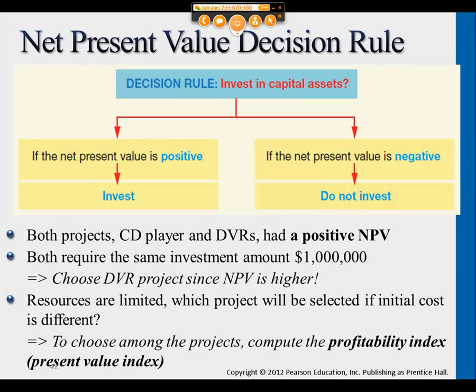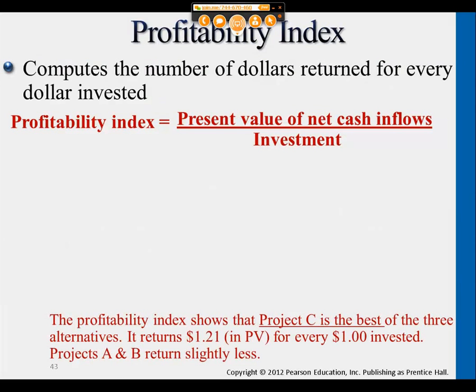So here we're going to learn how we calculate this profitability index that will tell us if the initial investment is different, right? If the resources are different, the investment is different, what are we picking? What out of those two are we choosing? So how do we calculate this profitability index? What it allows us is to calculate what we are getting back for each dollar that we spent on putting this CD line in our plant, okay? So what it computes is the number of dollars